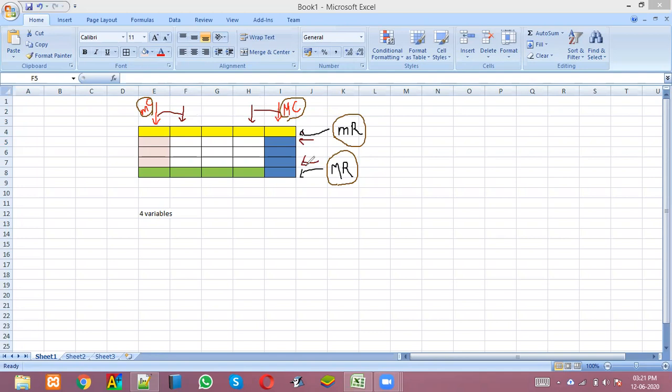Because this is the portion we have to cover now. In this cycle we are only going to cover up to these parts, which means this is the minimum column number, this is the maximum column number, this is the minimum row number, and this is the maximum row number.